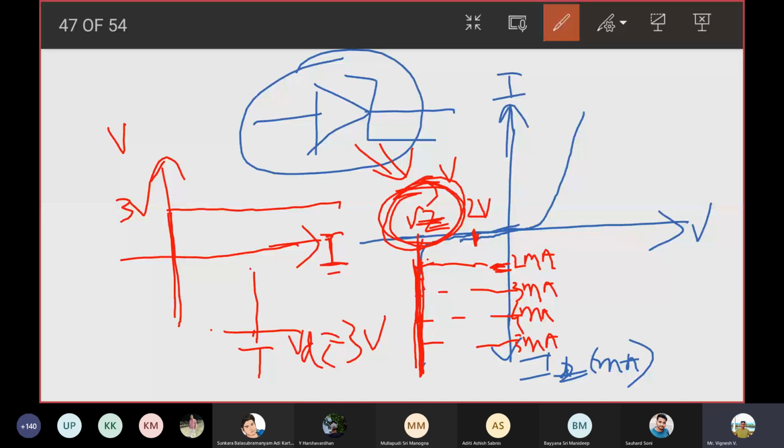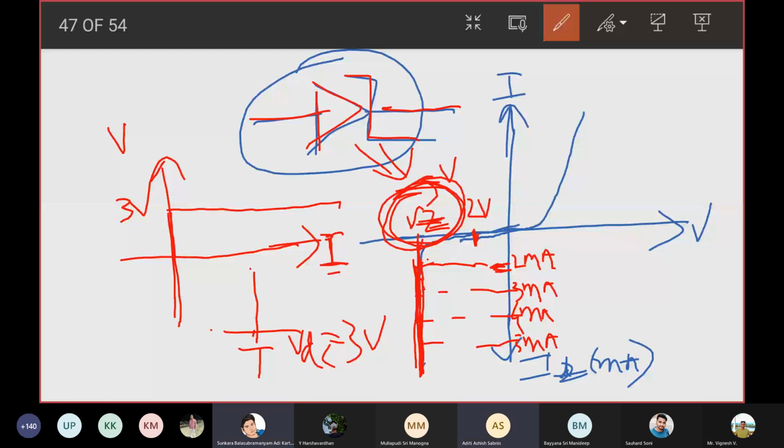That's why the symbol itself is different. If not, I will use a PN junction diode symbol, no? I want to operate this diode in breakdown condition. This diode will operate only in the breakdown condition. There is no point in operating this diode in any other condition. Sir, it will not damage, sir? It won't damage. That's what I'm telling. It is not going to damage because you have highly doped both P and N side of your diode. We are not going to look at the device physics aspect of it. We are going to use the Zener diode in a circuit and explain. Okay. Yes, sir.